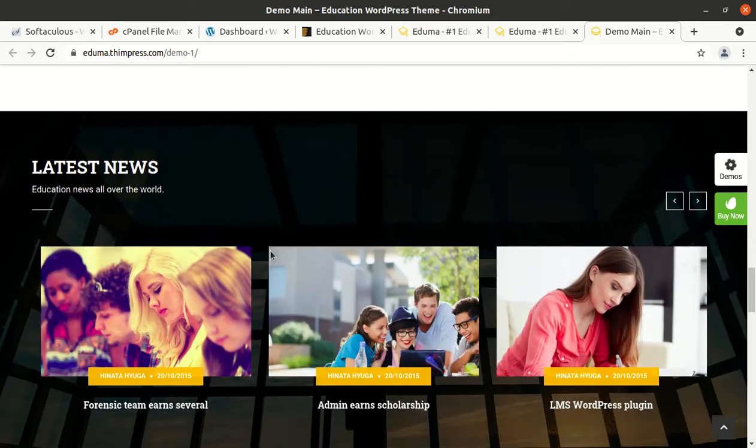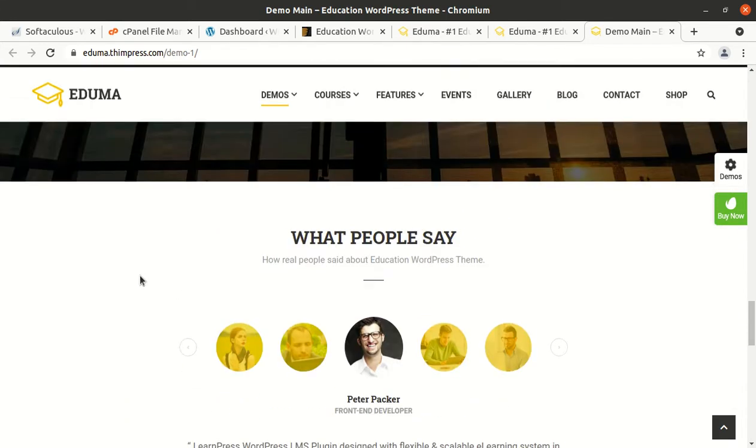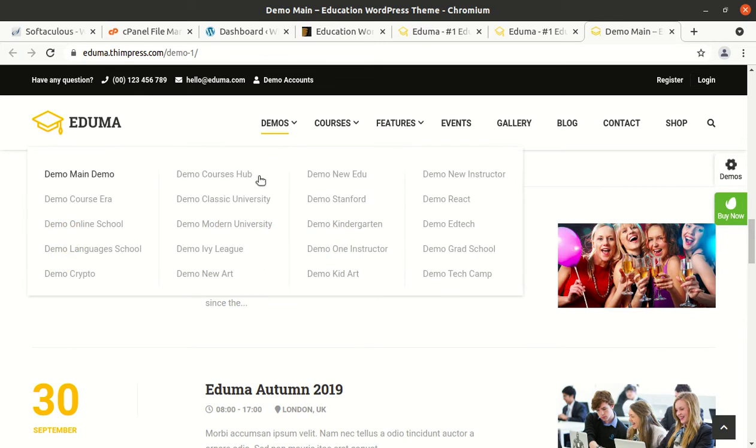features in it. In my personal opinion, Aduma runs a bit slow as it carries multiple plugins with it, and I never recommend those themes which run on multiple external or internal plugins.